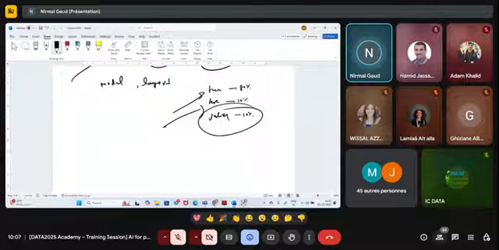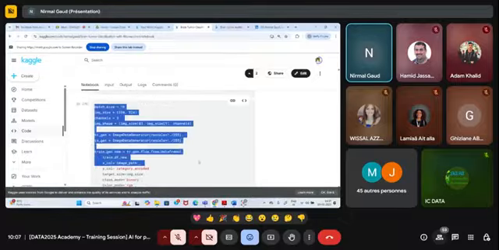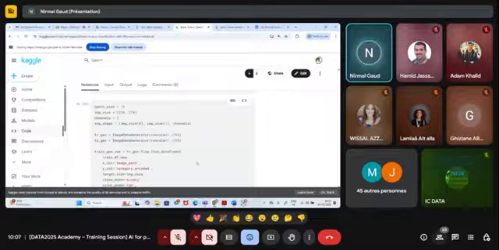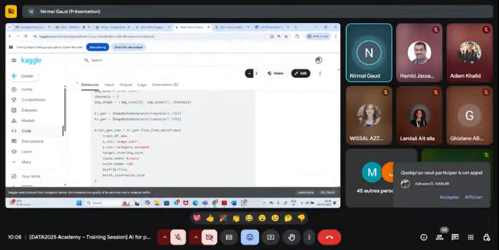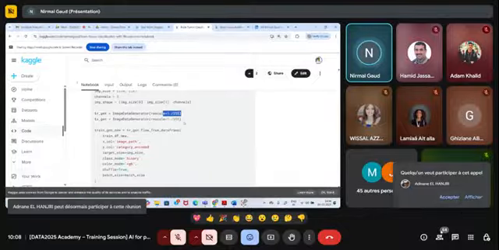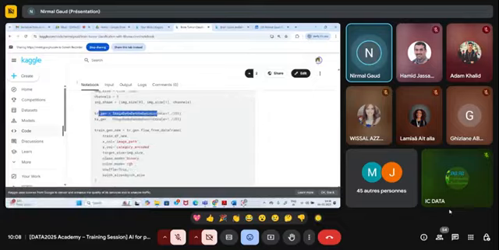Then here I have built my pre-processing task. I told you that you have to convert the image into some specific resolution. You have to rescale the image, that means divide each and every pixel value by 255. So perform the normalization: converting the image into 224, 3 channel, and then dividing each pixel by 255. This is the normalizing process.